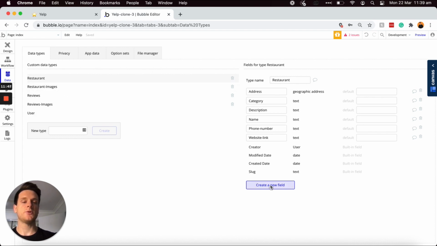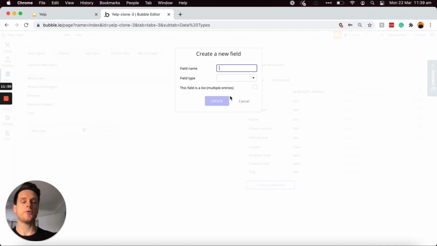So I'll explain this in more detail as I do it, but I'll go ahead and create a new data field and I'll call this restaurant images. And then I will link this through to our restaurant images data type. Now I know that might sound confusing, but when you actually pull it into your editor later on, it will